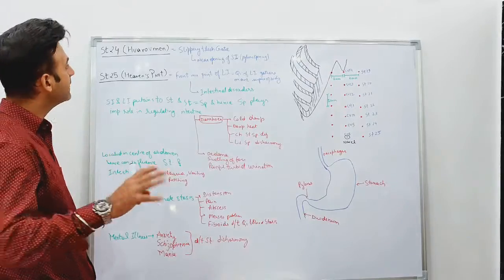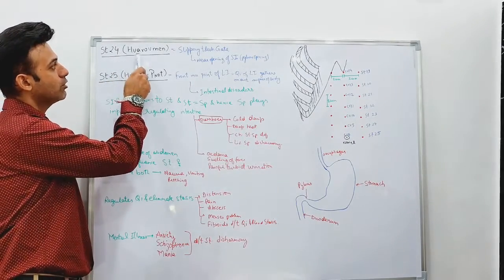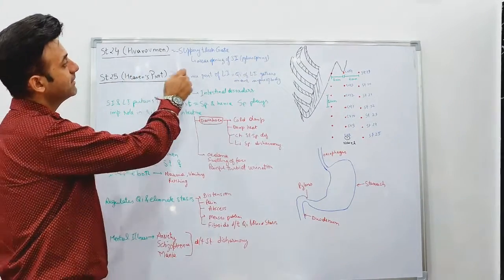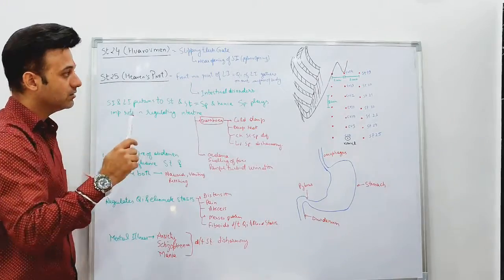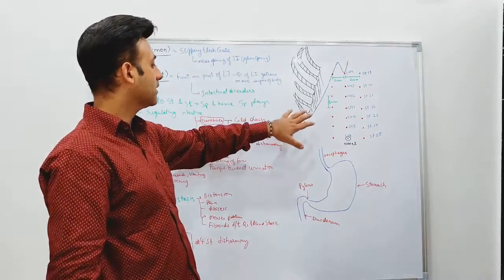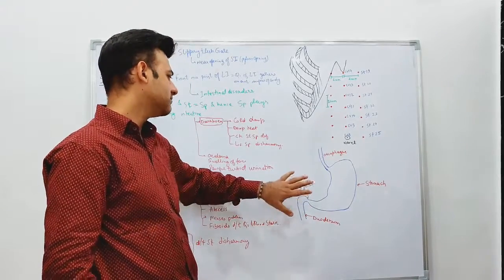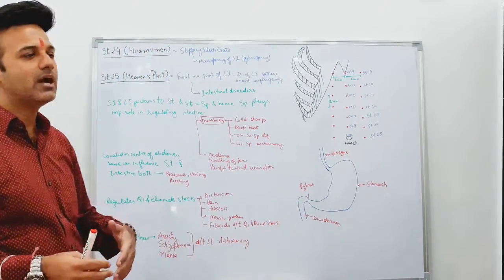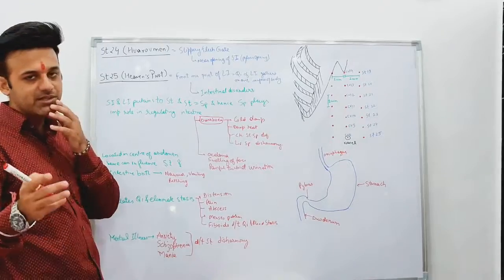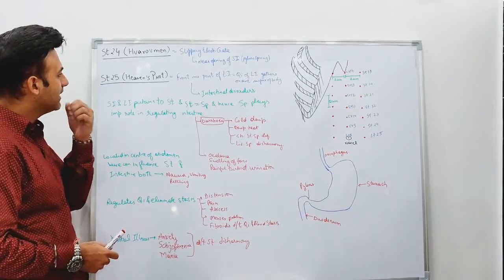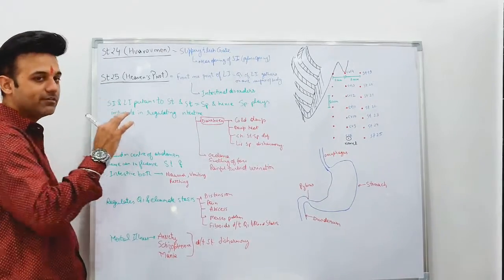So the next point is stomach 24, named Huaroumen, which means slippery flesh gate. Now which gate is it talking about? It's talking about the same gate, the pylorus orifice, and it has a similar function to that of stomach 23, so nothing much in detail. Now moving on to the next point, which is stomach 25, a very important point.